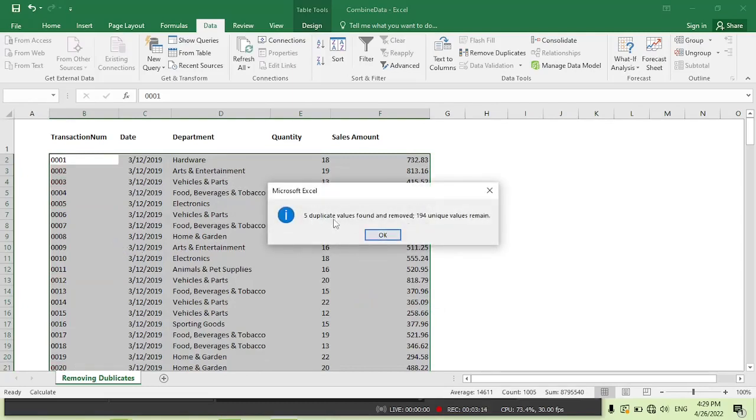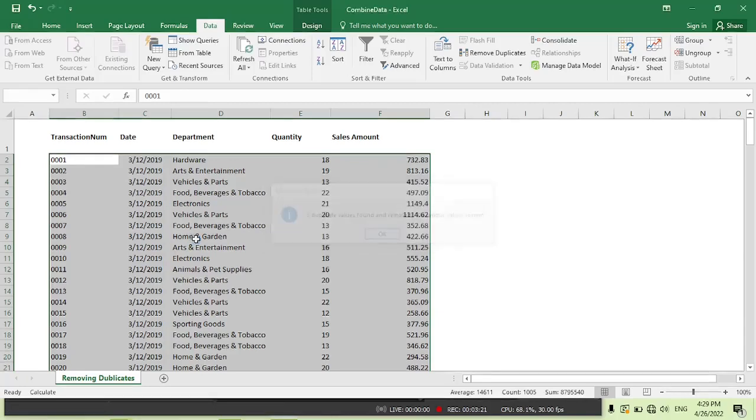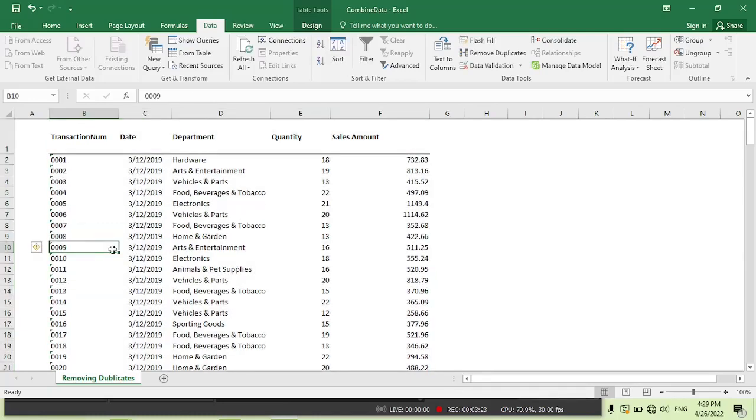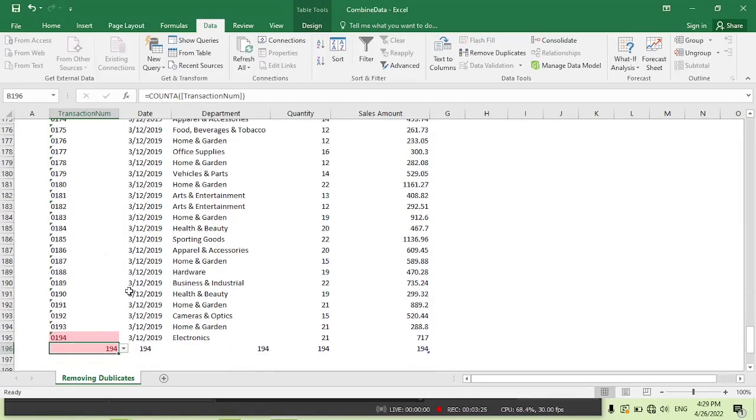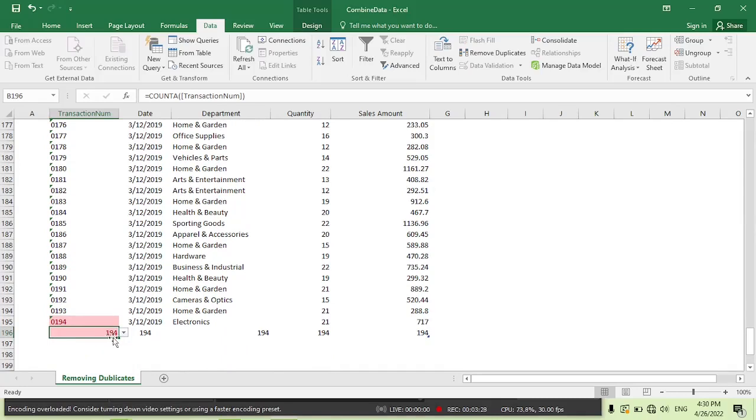Now 5 duplicated values were found and removed, and 194 unique values are remaining. If you go to the last row, now there are about 194 rows